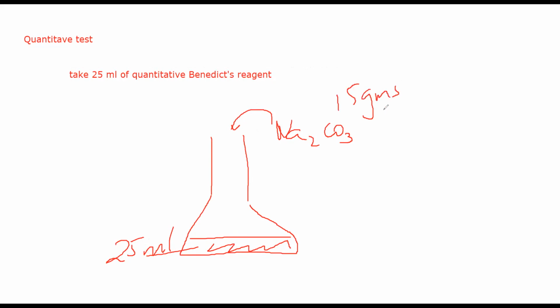Now once you have added this, add a small piece of porcelain. Okay, I'll draw porcelain using light blue because we cannot see white on this. Suppose this is that porcelain piece. अब ये पोर्सलेन डालने के बाद what you will do is you will boil the whole solution. Once you have added Benedict's reagent and sodium carbonate and porcelain, you will heat it. Once you have boiled it, you will add urine. You will use a burette and slowly drip it down till you see blue color.